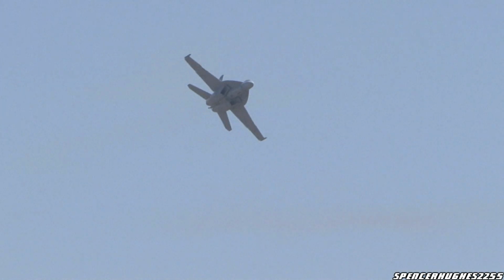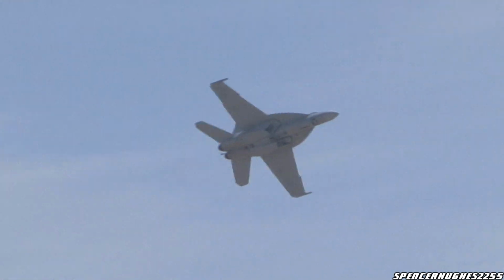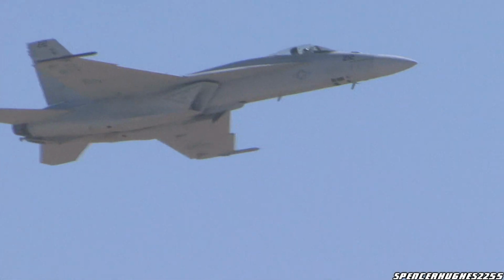The Super Hornet's 42,000 pounds of thrust in full afterburner enables the aircraft to turn at great power in a very short time. This is the minimum radius turn to